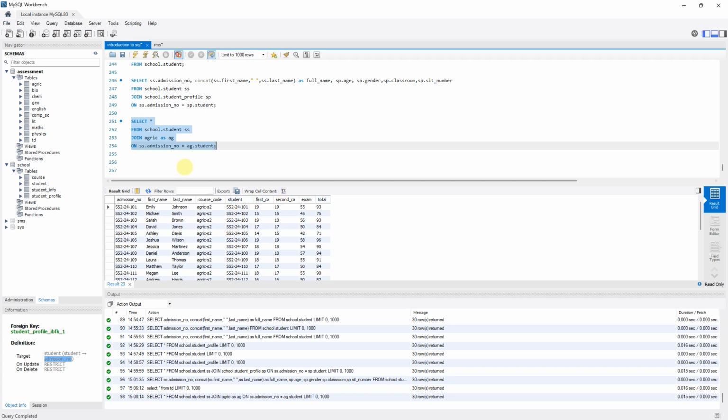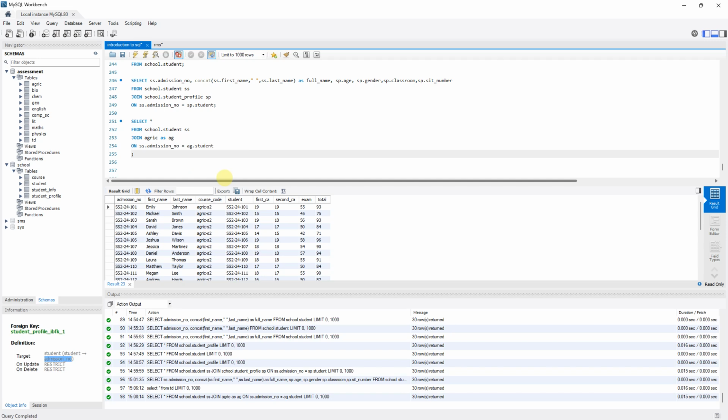We don't want this, right? The other thing is we want to know the code, the actual cost here. We can then say join, we add another second join, school dot cost as, let's say, SC on